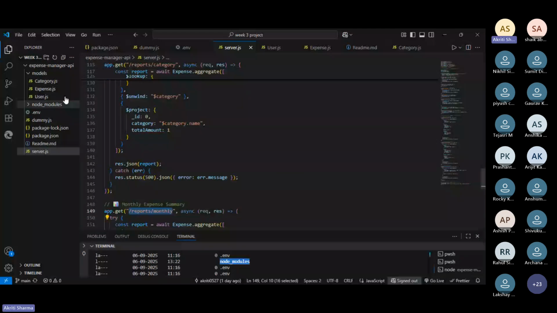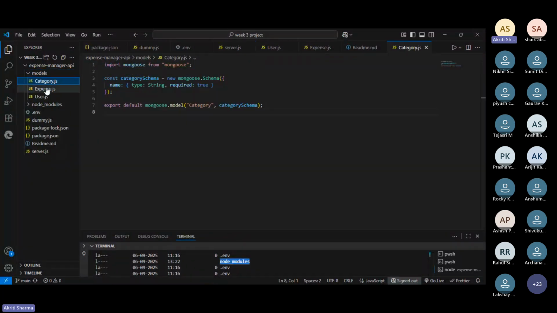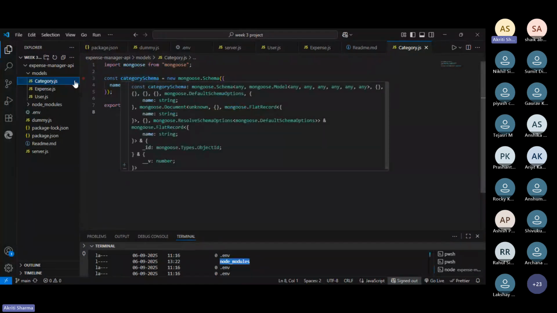So I created an expense manager API. Firstly, I will explain the folders that I created. I created a models folder where I created a category.js file in which I import mongoose and give a mongoose schema for the category schema.